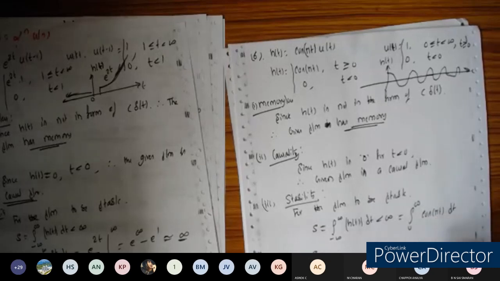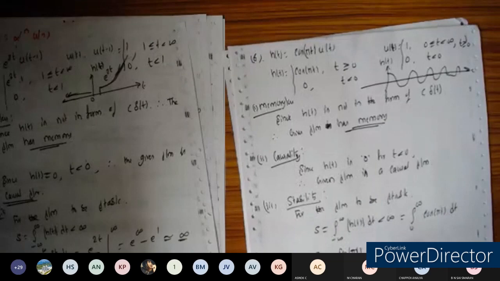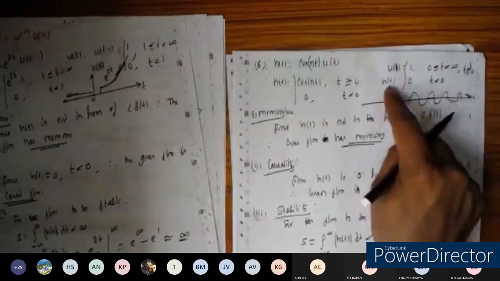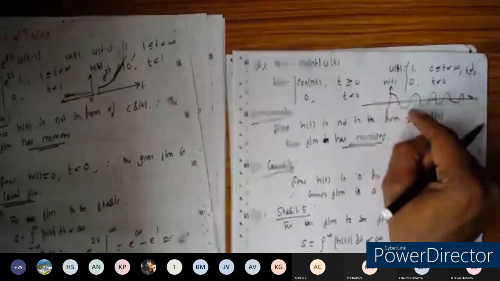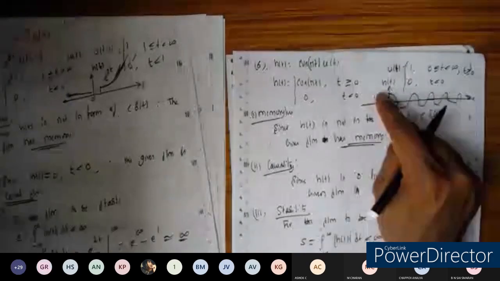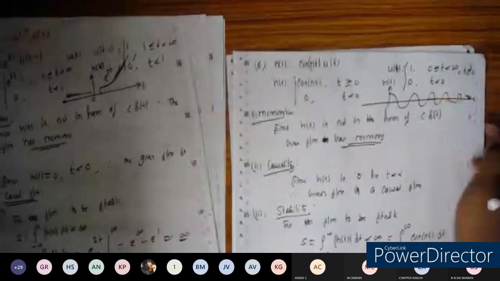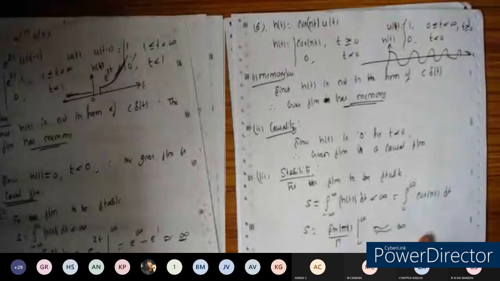When you integrate the cos here, it becomes sin pi t divided by pi, from 0 to infinity. When you substitute t equal to 0, you get 0. When I substitute t equal to infinity, this becomes infinity, because when summing, it is plus 1, minus 1, and since we are taking the magnitude, negative values become positive. When I sum this, it becomes infinity. That's why it is not a stable system here.